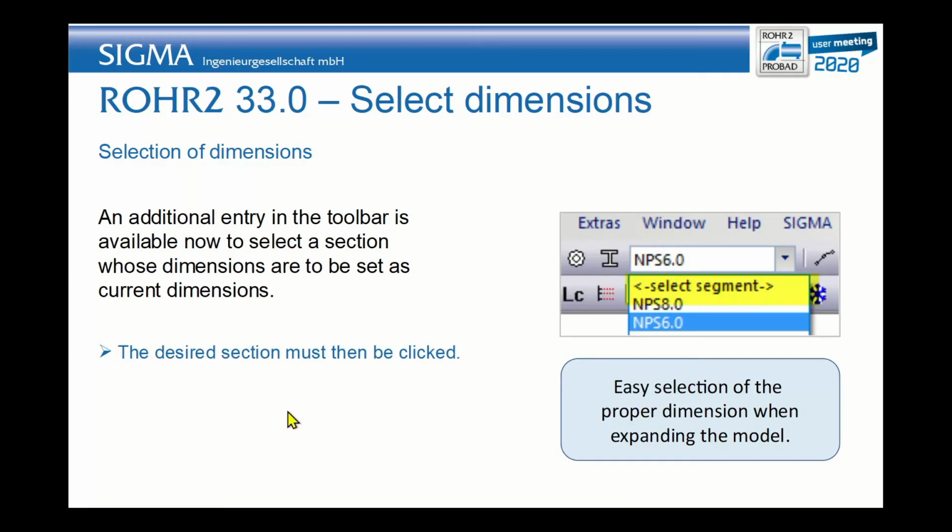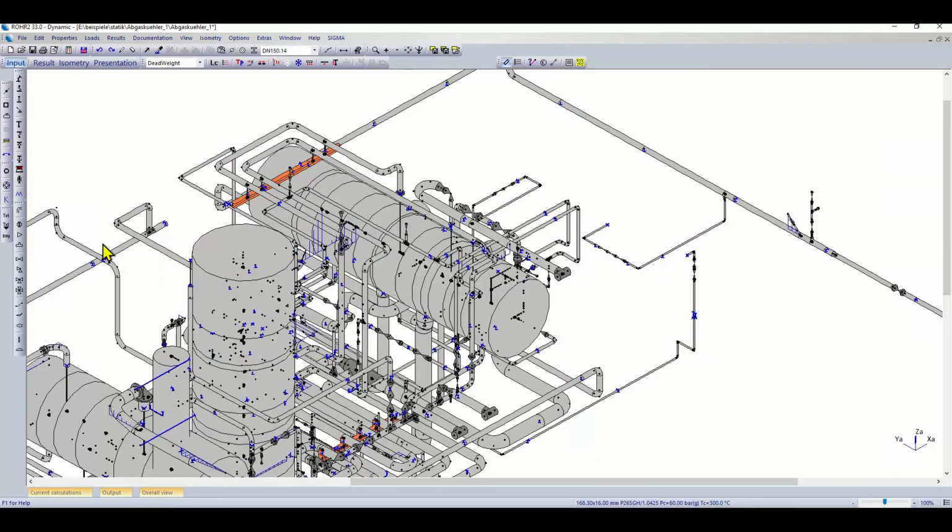Another nice feature is that when you start drawing and you want to choose your piping segment, sometimes you have so many segment types in your system that it's difficult to identify which is the piping dimension that was used in a certain segment. And you can now use the select segment to bring up the correct dimension. Then you click on the dimension that you want to have, and it's automatically set, so when you draw a next piece of pipe you draw it with exactly the same line. So let's see these functions in the graphical user interface.